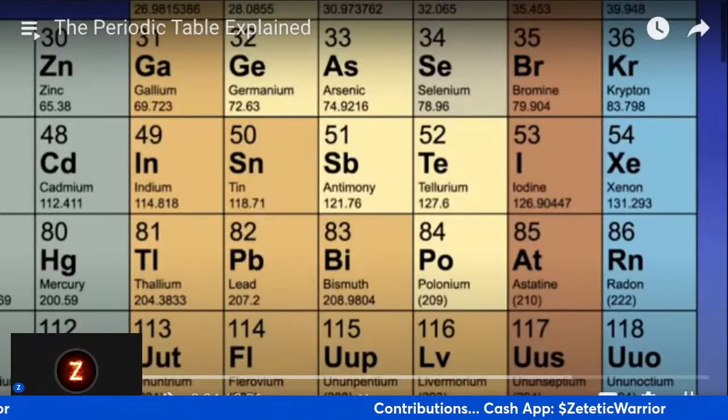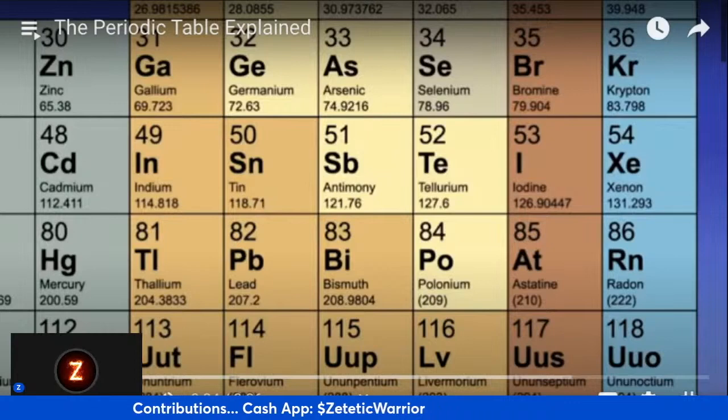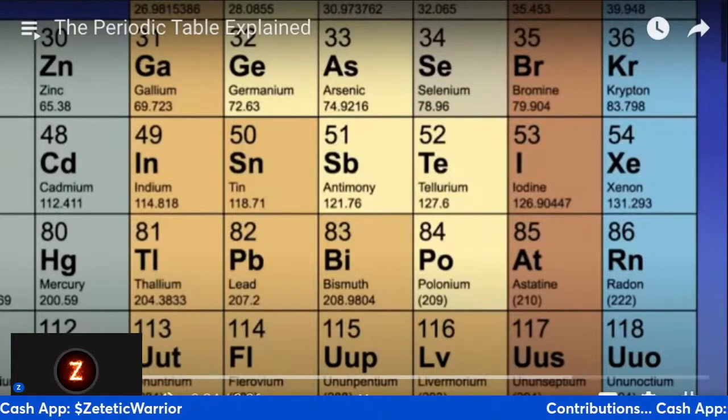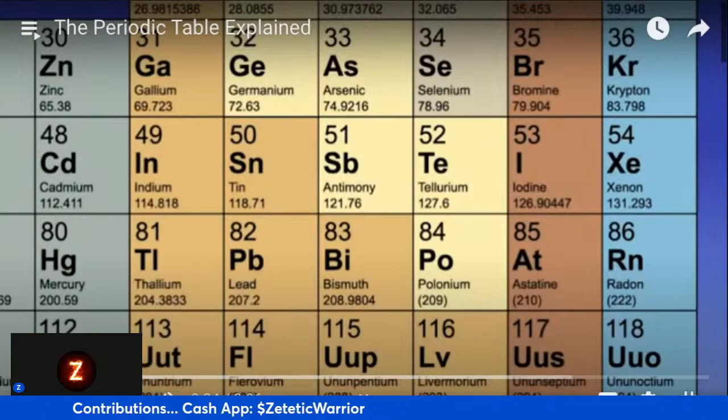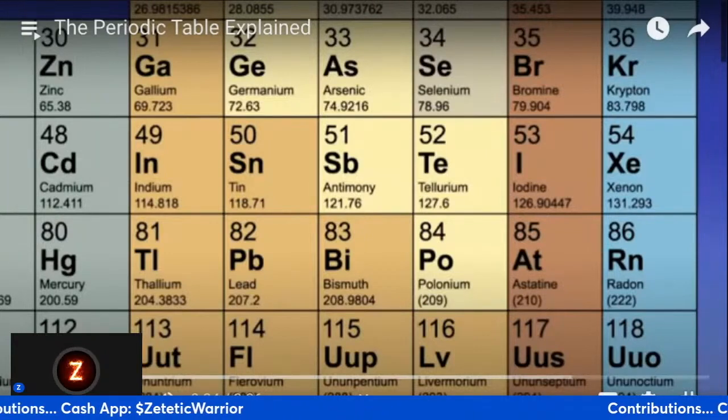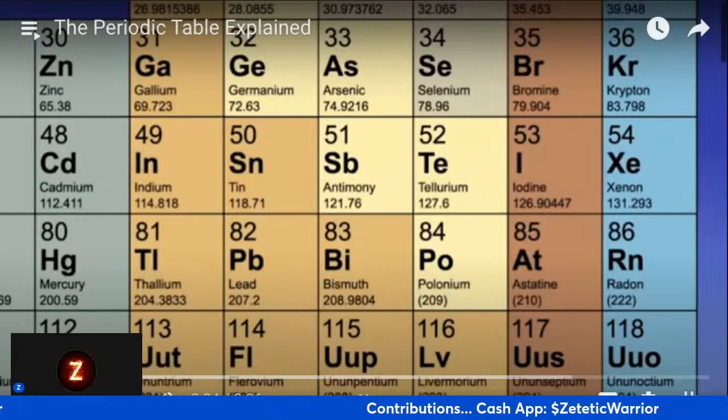The elements are demonstrable. We know that there's 92, or some say 94 natural elements, and then there's a bunch of man-made ones that they said they made within the last 100 years for a total of like 118, as you see there. But when they tell you of these supposed protons that form the atomic mass, you must understand